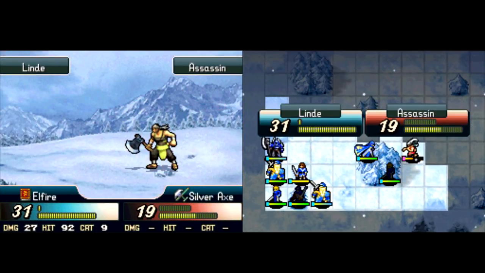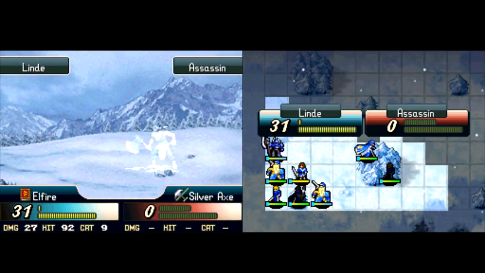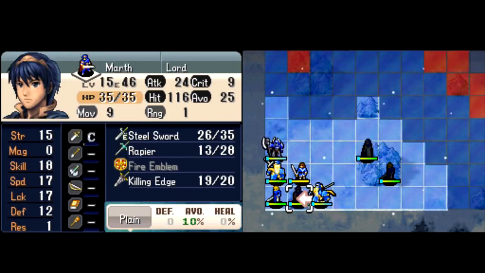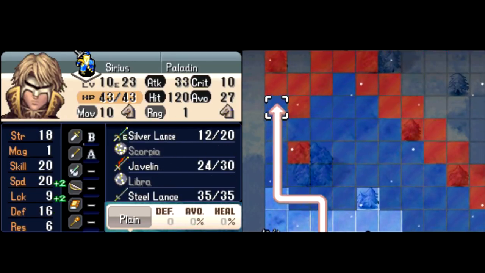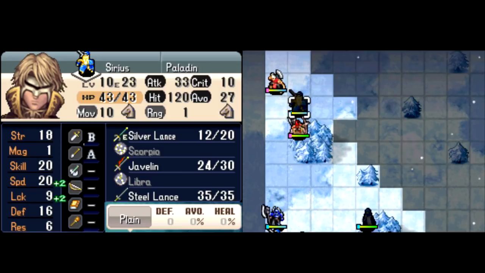This guy only has a silver axe. He cannot retaliate on me. Linda is super, super strong. I guess that's why they didn't want to give mages very good magic growth. Otherwise, it would get very ridiculous very quickly. But their cap is so high that they're still going to be pretty absurd no matter what. I'm not really worried for Sirius's health, to be honest, so I can send him up here with the Silver Lance, which should be enough to...